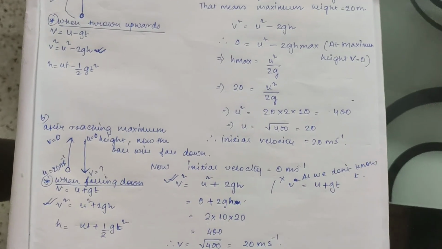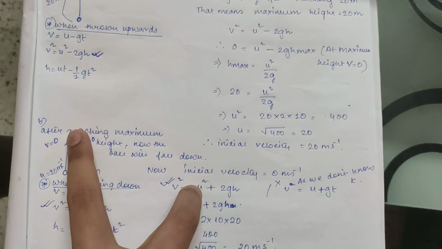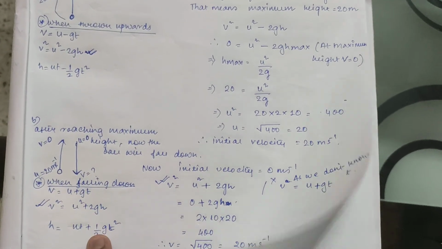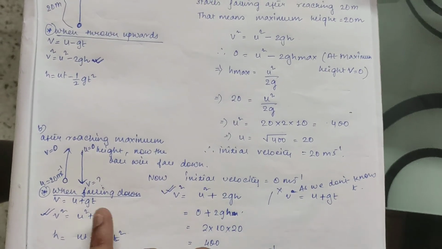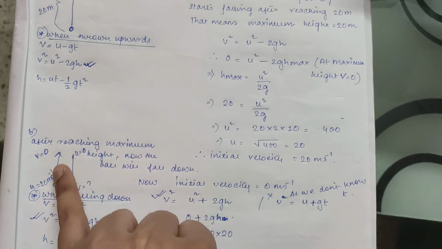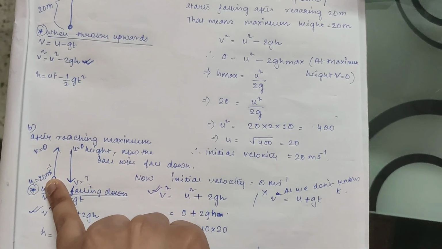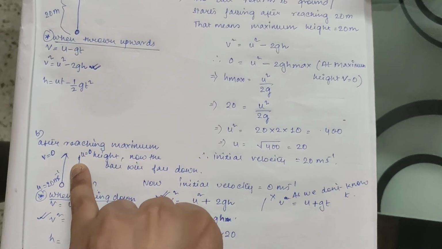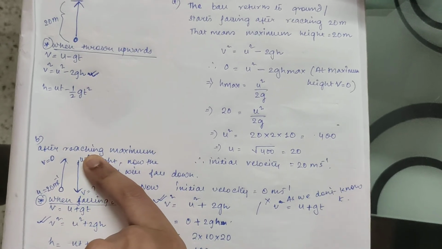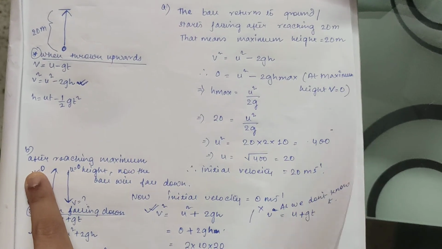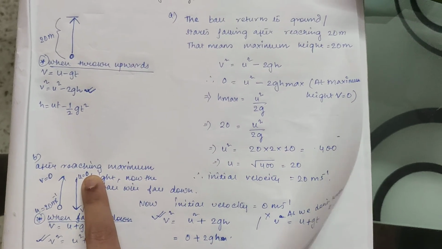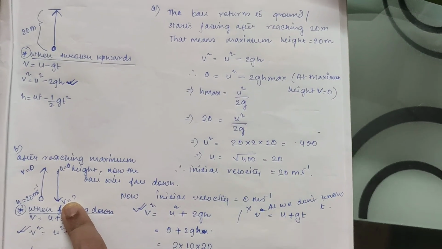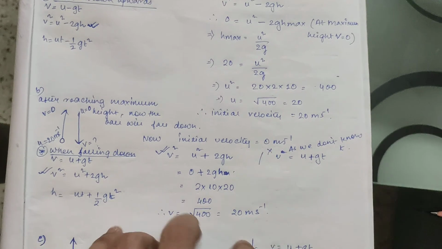Now, after reaching the maximum height, the ball will now fall down. While falling down, this is the equation of motion. It falls down, so plus G, isn't it? Now, notice one thing. When I am throwing the ball with initial velocity, I have found 20. At maximum height, final velocity is 0. When the ball falls down again from that point, isn't the initial velocity of the ball now the final velocity here? Right? Because the ball is now falling from 0 meter per second velocity, and now when it reaches the ground, it will acquire certain velocity. That I will find from this equation.